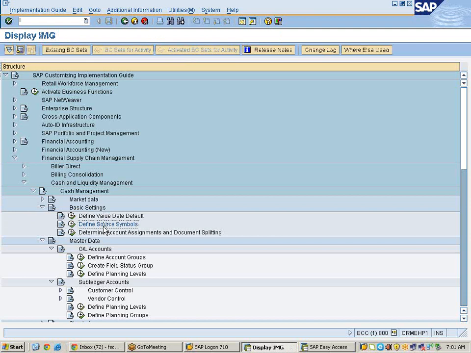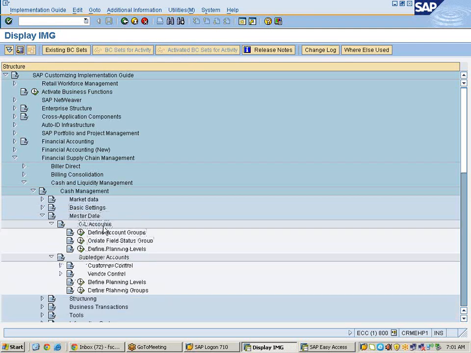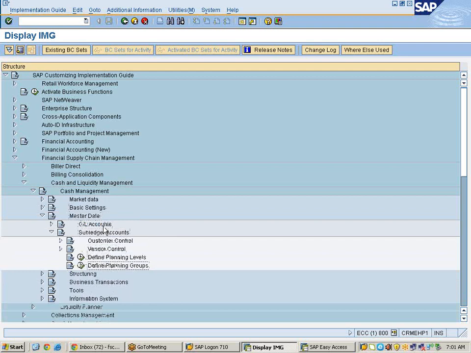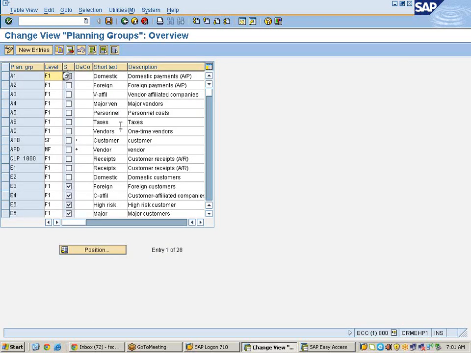So now we had created some planning level, and also we had integrated with the source symbol, and again this planning level is integrated with the appropriate GL account. Now whenever the transaction takes place, automatically it will be carried forward to the cash position. But here we need to prepare the structuring. So what we need to do is, after integrating these things, close all of this, define planning groups. This is optional, that is not mandatory. So if you want to update, you can update it.